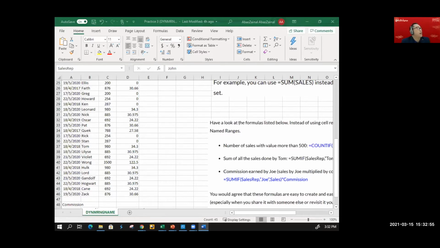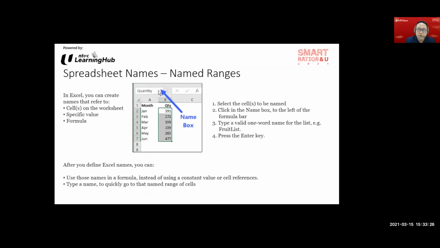Download the practice file and work together with me. The set of instruction is very simple. Highlight the column that you wish to name. So instead of calling it A1 to A50, for example, you select A1 to A50 and you name it by the name that you wish to call it by. Let's practice that step first, step by step, because the other steps are going to get a little more complex as we move along, ladies and gentlemen. That's what I can guarantee you.